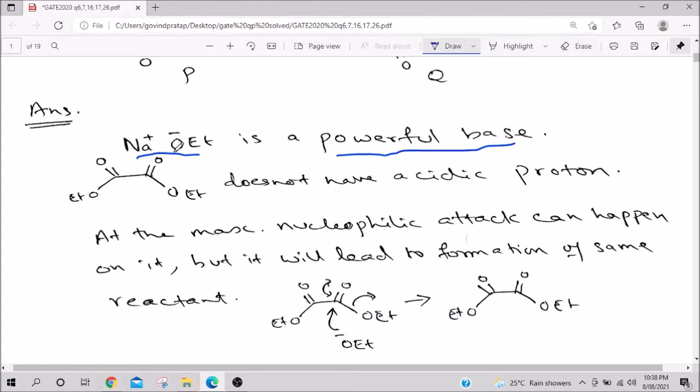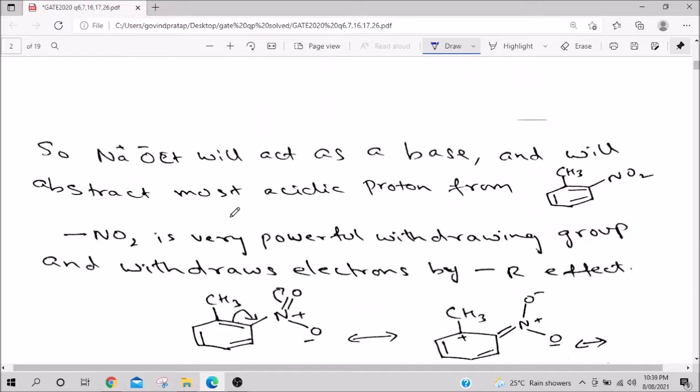At best, what it can do is attack as a nucleophile here. So understand the difference between a nucleophile and a base. Base attacks a proton, that is hydrogen. It takes away hydrogen from the molecule as H plus, and a nucleophile attacks carbon. So it can attack here at carbon, but then what happens? The pi bond goes onto oxygen, then it comes back in the second step. That's why I am showing a double headed arrow, and then OEt goes away and you get the same starting material. That means sodium methoxide is not reacting with this. So let us look at what it is reacting with.